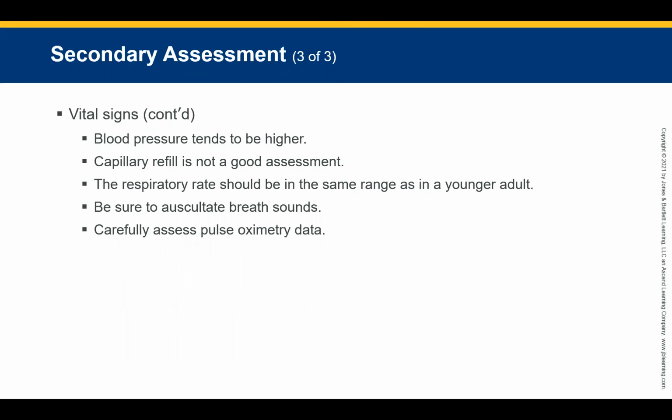Careful interpretation of pulse oximetry may be necessary in elderly patients, because the pulse oximetry device requires adequate perfusion to get an accurate reading. If their hands are cold, you're not going to get an adequate reading. It's just not going to work. So if you can keep the patient warm, put it on their finger underneath the blanket so the tool can have a normal reading.